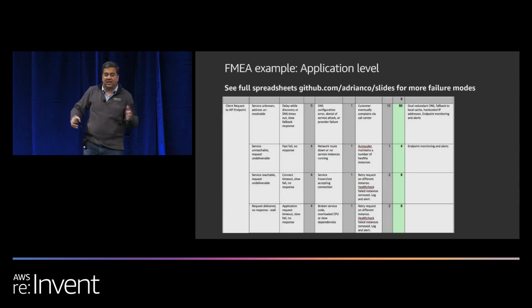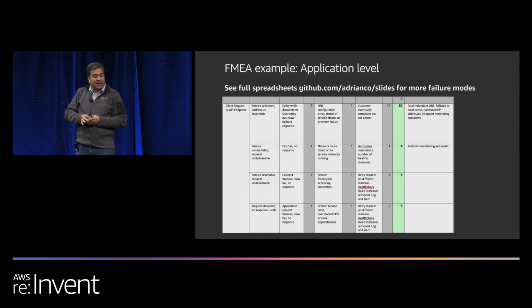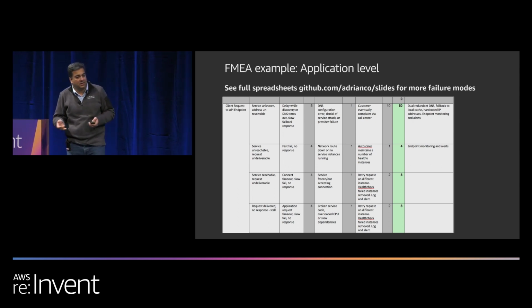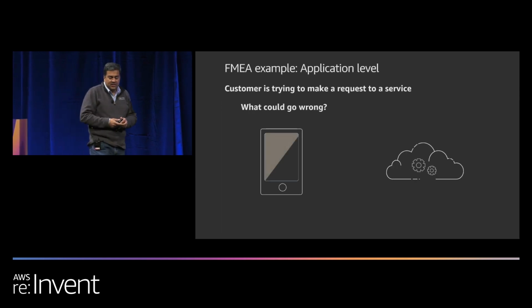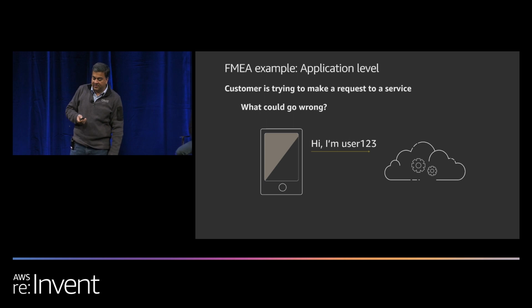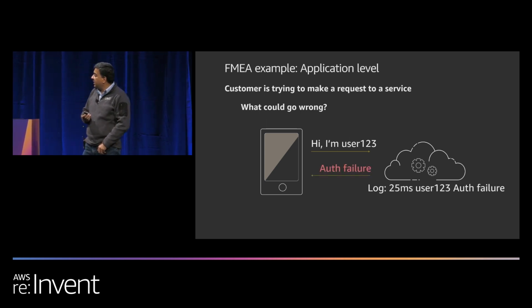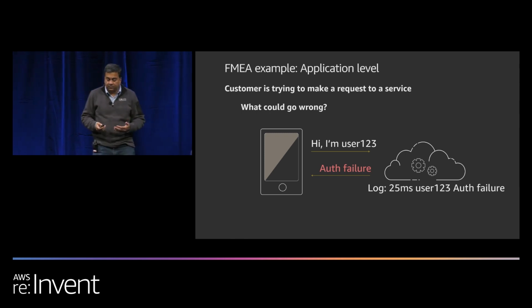But if you take this, you can fill up this spreadsheet and say, okay, these are my risks in the different categories and ranks in the different categories, and I come up with a risk model, and that helps me make a decision of what I should do in case my application fails, so that you can make those decisions. There are more examples here. In the interest of time, I'm just going to skip through the slides fast, so that you can at least get an idea of what could go wrong and how to view this.